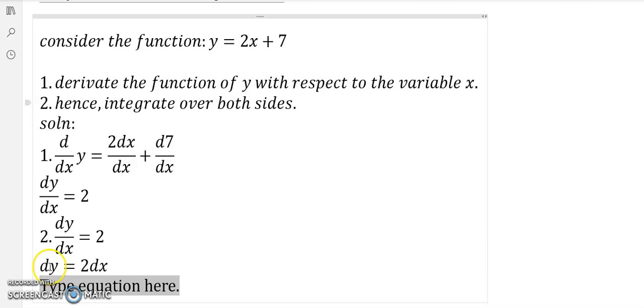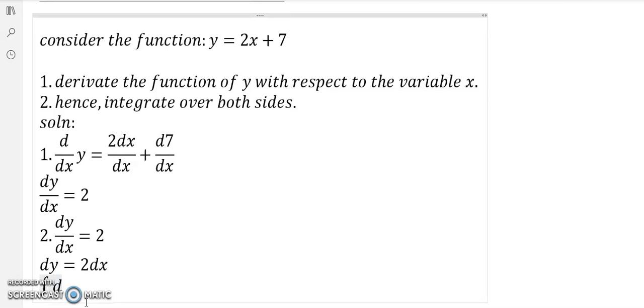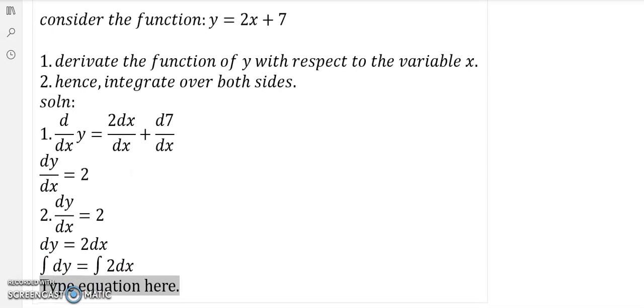Then we can introduce the integral sign on both sides, meaning that we're going to have the integral of dy equal to the integral of 2 dx. This gives y equal to the integral of 2 with respect to the variable x, which is nothing but 2x plus